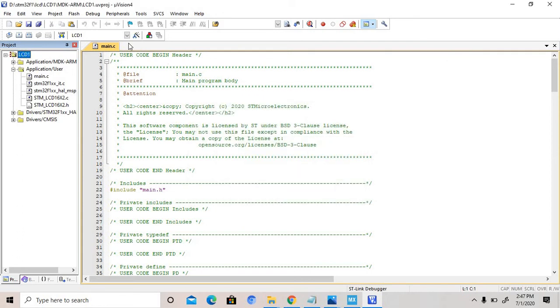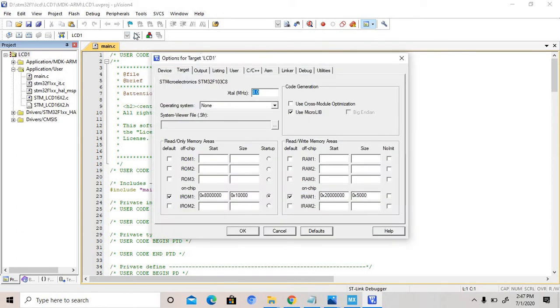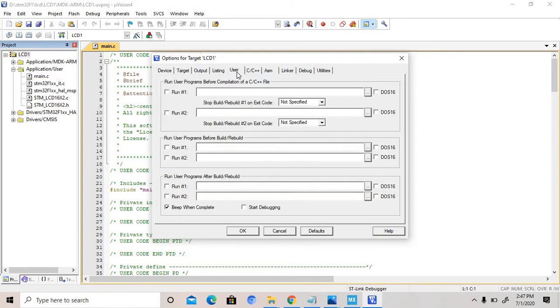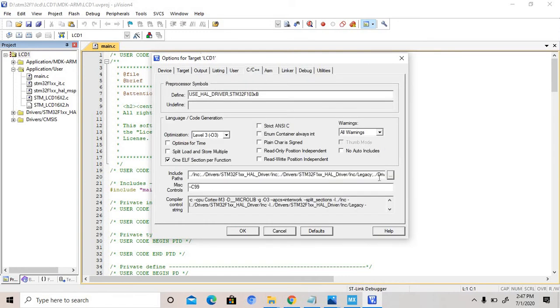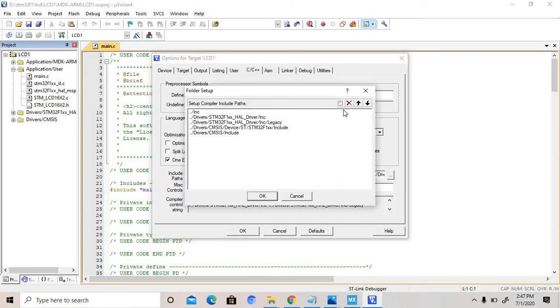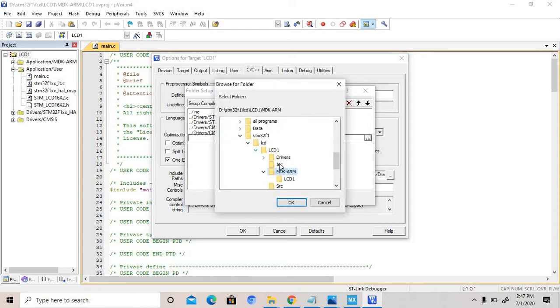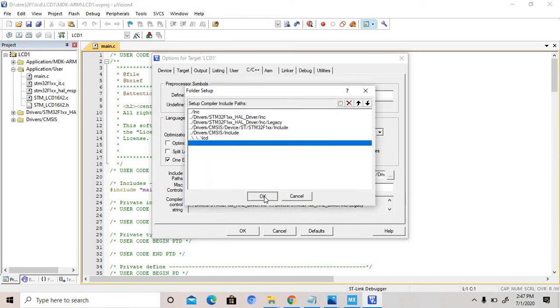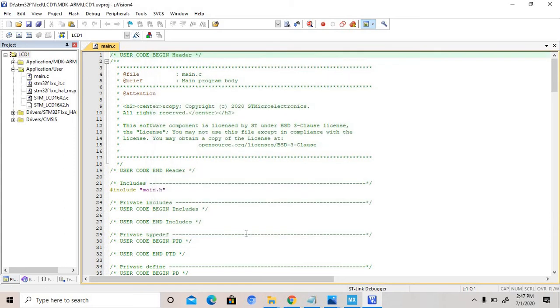After that, close, go to the option, then go to the C and C++ option, then include path, go to this new, then this one, then select the path of this program. We work on STM32 LCD, this one. Okay, LCD, okay, then okay, after that again okay.